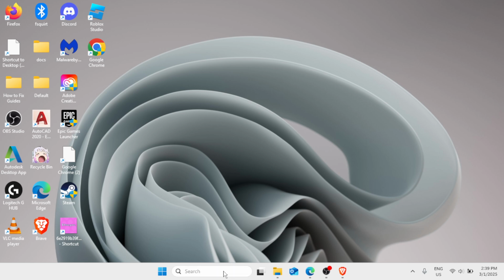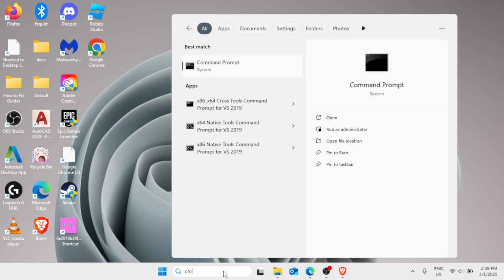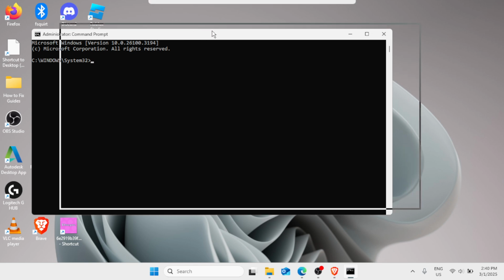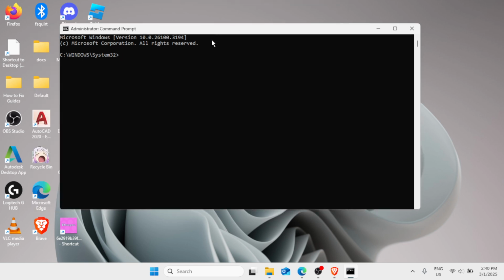In the Windows search bar, type CMD, which stands for command prompt, and click on Run as administrator. Do not forget to run the command as an administrator so that the command will work. Because if you just open it directly, the command will not work. So run it as an administrator and type here